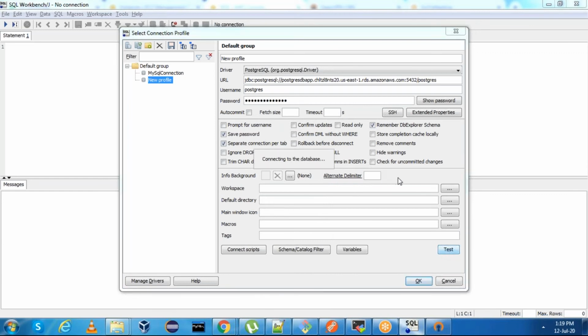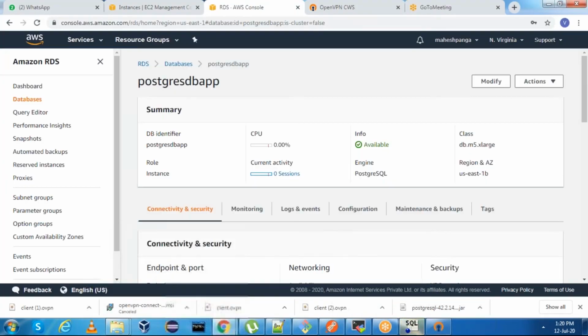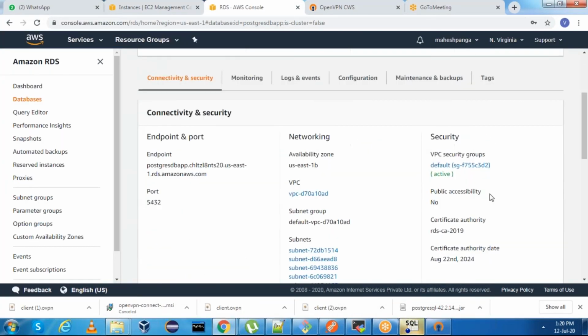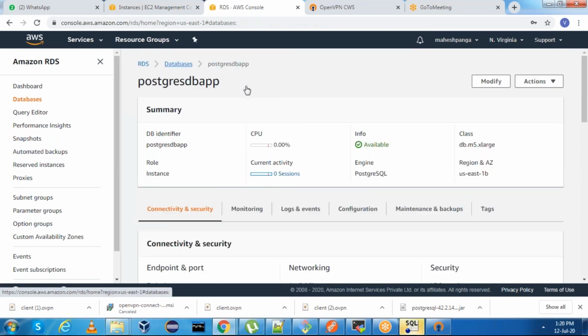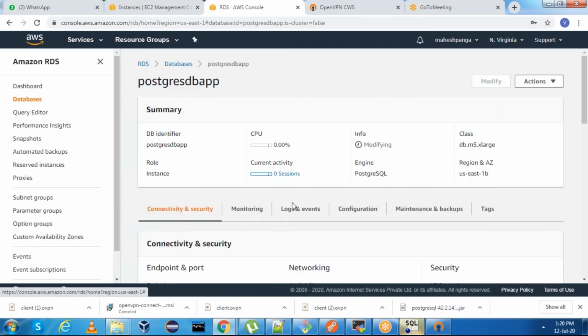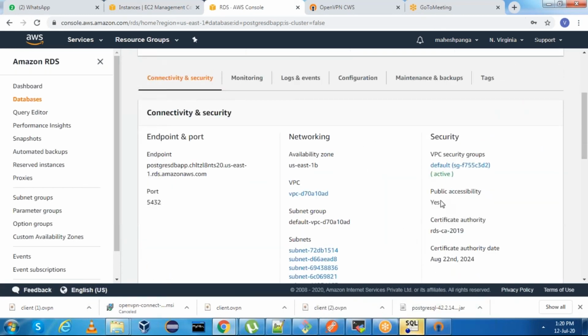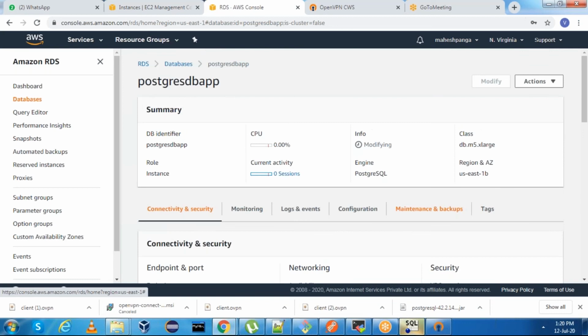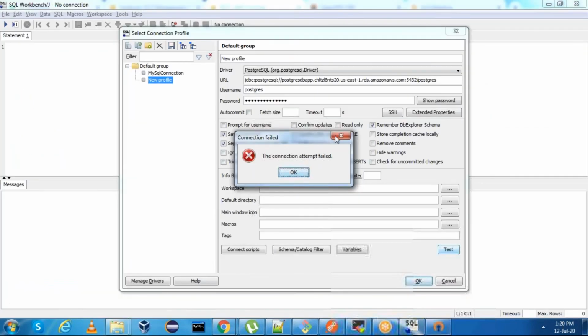We'll try one more time. We need to wait until this becomes yes. Publicly accessible should become yes, then only we have to try. Okay, now the publicly accessible is yes, we can try now.